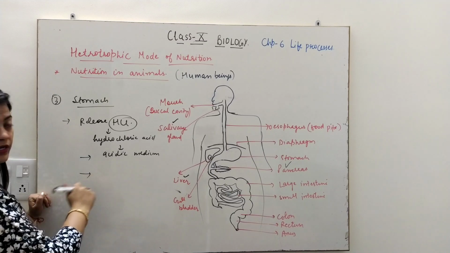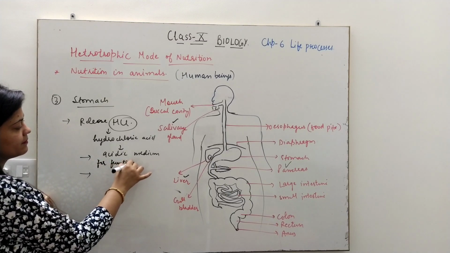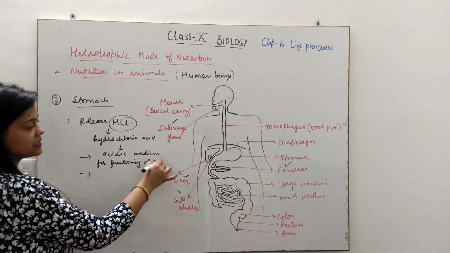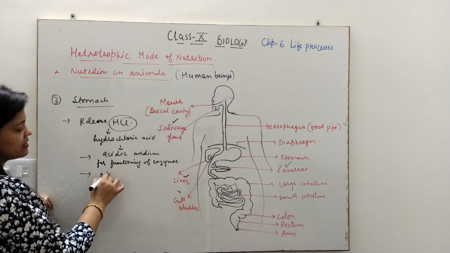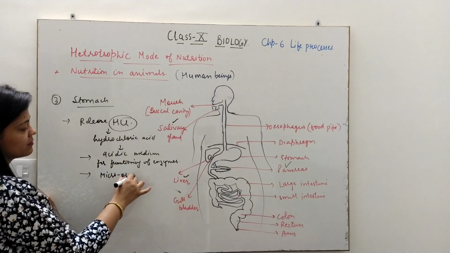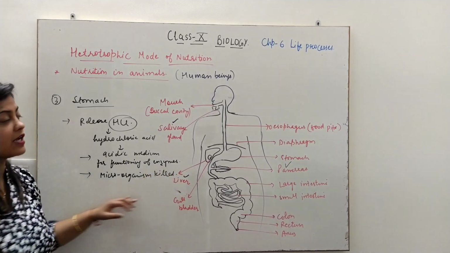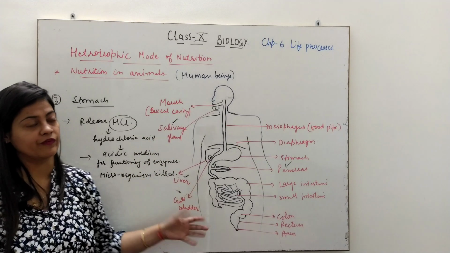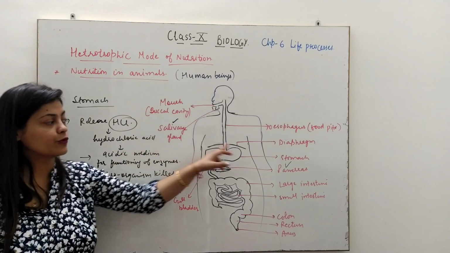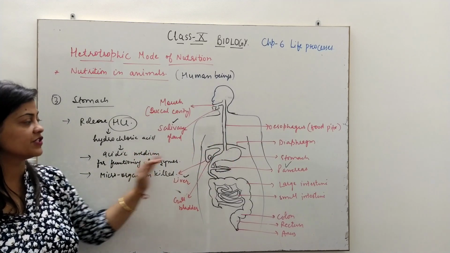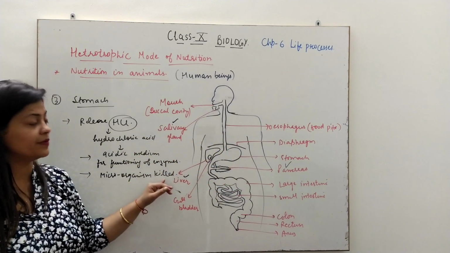It provides acidic medium for functioning of enzymes, and the other one is it kills the microorganisms which are present, which come along with the food. When we eat food, there are some bacteria that may enter along with the food. So due to this highly acidic condition secreted inside the stomach, the microorganisms will be killed, and this